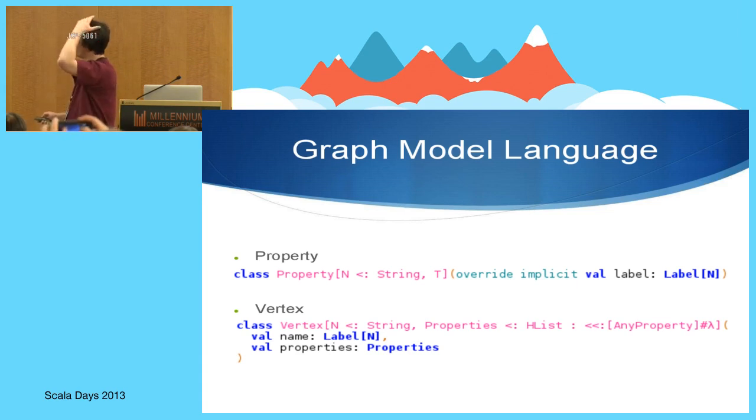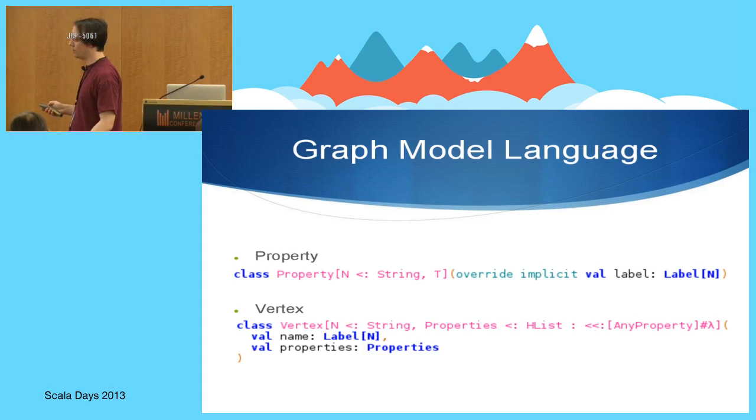So first, we have a vertex which has a list of properties. So what a property is, it simply has a name, which is here in the form of type and value. So this is actually part of the trick used with the shapeless type macro. So without going into too much detail, it gives you the possibility to have the name encoded here, the subtype of string, as well as a value here. So it means at runtime you can get it. The second type parameter is the type of the property. So for example, if it's ID, it could be int, long, something like this.